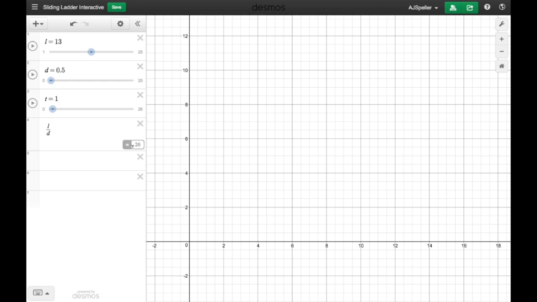So when you do it with a different question, once you set your sliders and you get the evaluation of this expression, you just come here and you change it. You change the top boundary so that it matches whatever this length here is, or whatever this number here is. All right, at this point, let's draw in what the ground would look like.